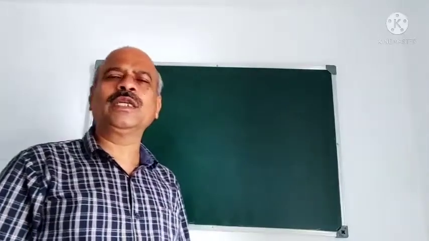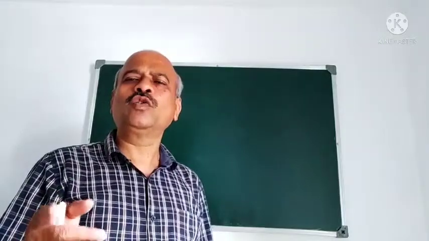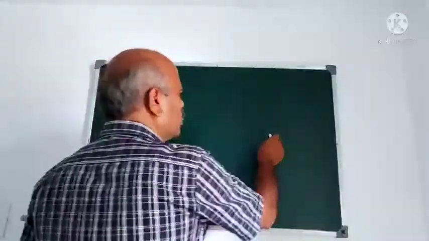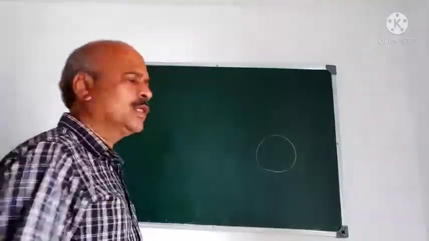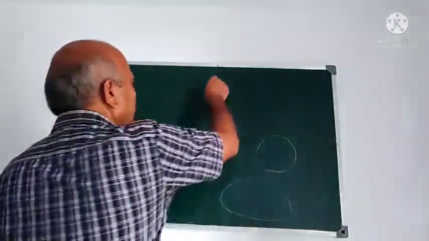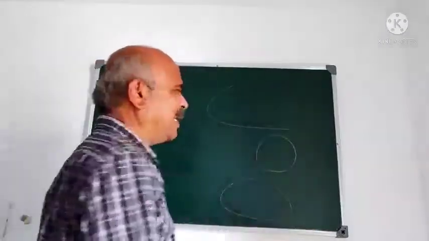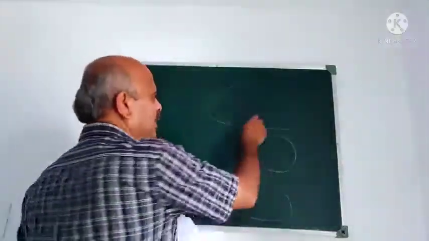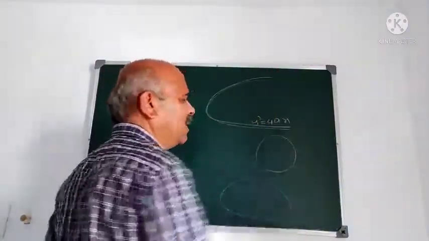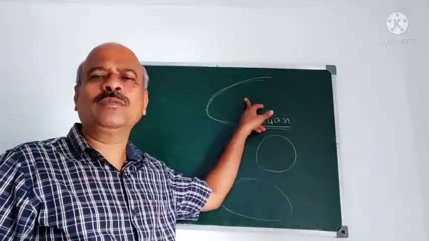So the first basic thing is, for a curve to have an asymptote or asymptotes, the curve should have infinite branches. Therefore, any closed curve has no asymptote. Circle and ellipse have no asymptote. Now we are dealing with conic sections. Even though the parabola y square is 4ax has an infinite branch and the curve extends indefinitely, the parabola has no asymptotes.